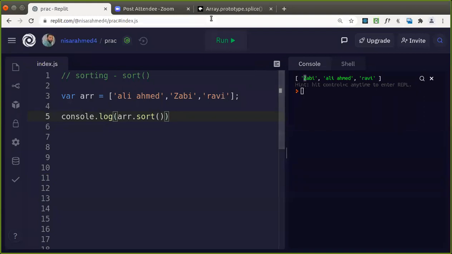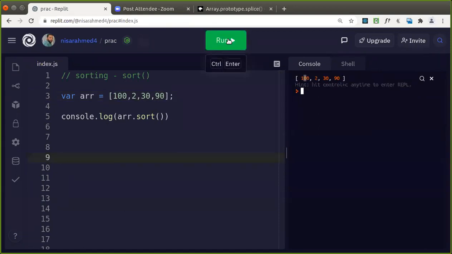Suppose if you are applying on numbers, it will be different. Suppose you are having numbers and you want to get them sorted. So how would we get that one? Suppose you have 100, then 2 is there, 30 is there, 90 is there. And just check how we are getting this sorted. So are we getting them sorted in this order? No, they are as it is. You can see here. Yeah, if it was 1 here, you can check it out. 1 was placed at the beginning, guys. Can you see here? Now that's 1.